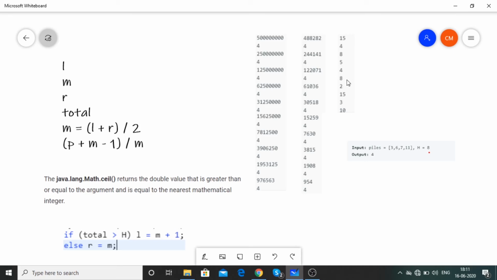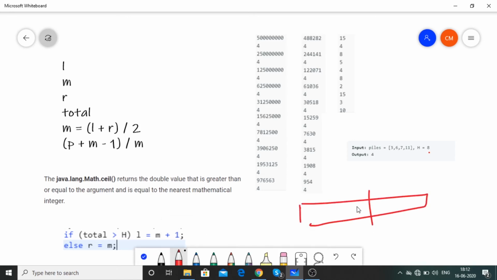Okay, then we move on, 4 becomes 2 and 8 becomes 15. Now if you observe, this if condition is going to work. You can see that total, that is 15, is greater than 8, and that is why we will have some changes over here. So this is the first time that we are moving to the right portion of the array. Like what I'm trying to say is that we have an array, and in this array we are choosing this part or this part. For the initial part of this question we were choosing this part, but now for the first time we are going to choose this part.